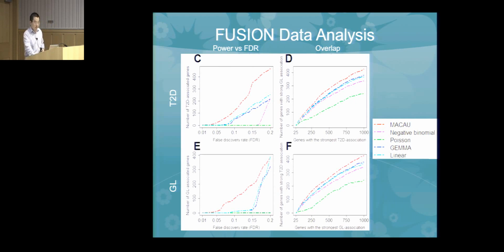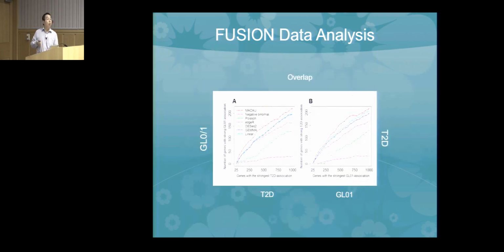Now, T2D is a binary trait, but glucose levels is not a binary trait. So in order to apply DSeq and HR to this type of data, we have to discretize glucose levels into 0 and 1 based on the median level. But discretizing glucose levels into 0 and 1 loses a lot of power. In fact, we no longer detect any GL-associated genes at all, even at a relatively flexible FDR cutoff,